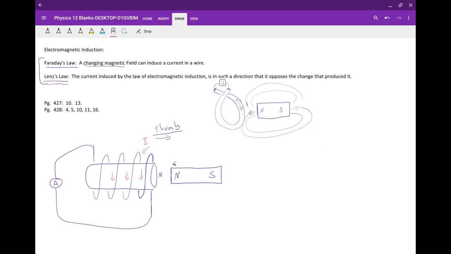Let's say instead of pushing this magnet, I pull it away. I pull this magnet away. Okay? If I pull this magnet away, then a north won't be created here. Because if I'm pulling the magnet away, what happens between north and north? They repel each other. So if I pull this magnet away, then what ends up happening is not a north,